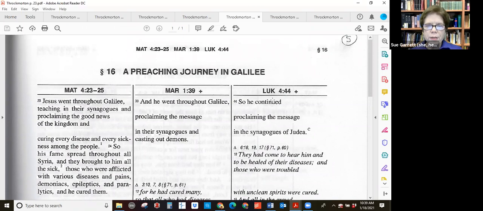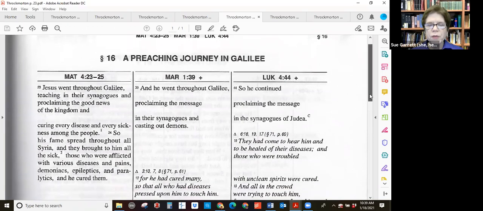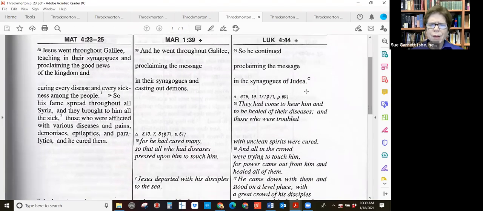Okay, so here, notice how it's a little confusing because here it's bold-faced, non-italic, and that's because this verse is following the order of Matthew at this point. Or it's following its Lucan sequence at this point. But then you come to this verse over here, verse 24, his fame spread throughout all Syria. They brought to him all the sick who were afflicted with various diseases and pains. Throckmorton thinks that Luke has probably taken this from the same source, but notice how he's put it in a different place. Whereas this verse is in Luke 4:44, this verse is in Luke 6:18. So Throckmorton has gone ahead and pulled out these verses from later in Luke and put them here, parallel next to Matthew, so that you can see that